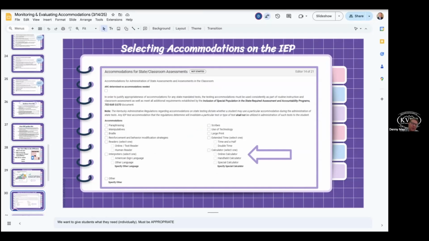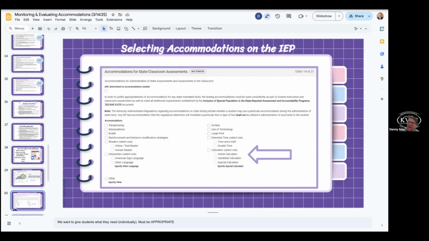And as you know, we work a lot in due process, but we also are firm believers in doing good instruction. So I just want to show you a visual here of what an IEP looks like. I know you've all seen this, and it's changed over the years, but the one that's giving people a little bit of a problem right now is the use of the handheld calculator, or calculator use in its entirety. The way I understand it, some parts of the KSA, all students get a calculator, okay?